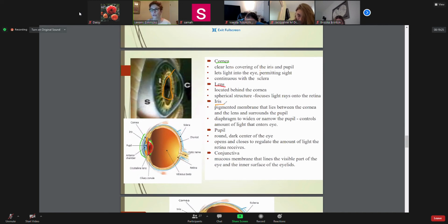The iris gets larger in the dark to let more light in, or it narrows when there's too much light, like bright sunlight, and your pupil will narrow. This is the part that makes it difficult walking out of a movie theater on a bright sunny Sunday afternoon, because your